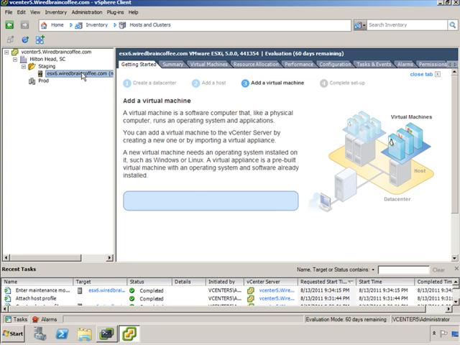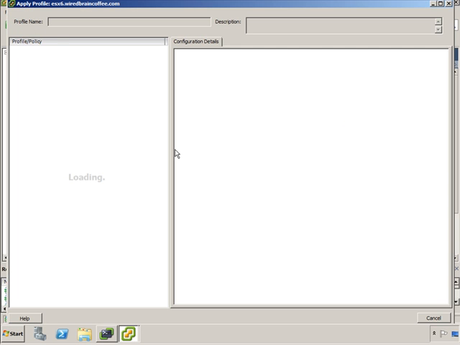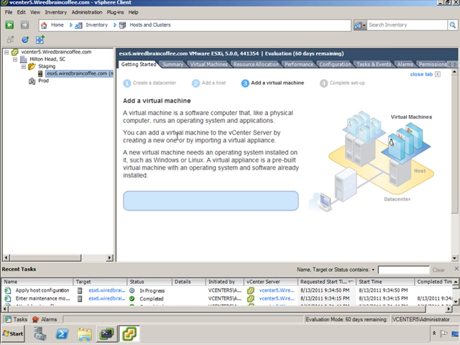Once the server is in maintenance mode, we're going to right click. We're going to drag down to host profile. We're going to apply profile. And yes, please apply, finish. Thank you very much. So now that we've applied, or we're in the process of applying the host configuration profile